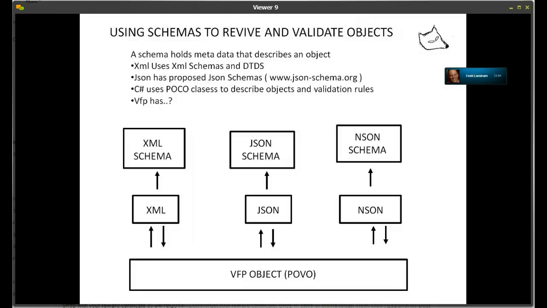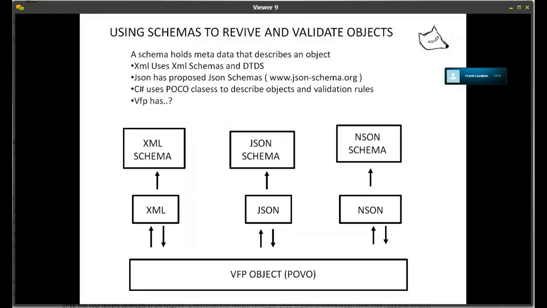In VFP, we have no way to define schemas, and certainly we can, using the XML adapter or the XML HTTP object via CreateObject, but it's too complex to write these schemas by hand, XML and JSON are too verbose,